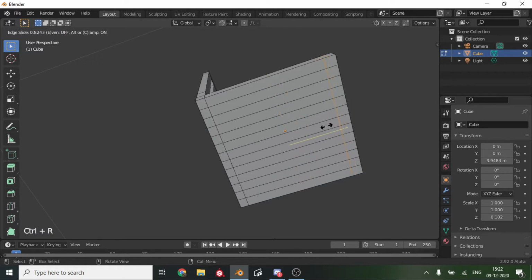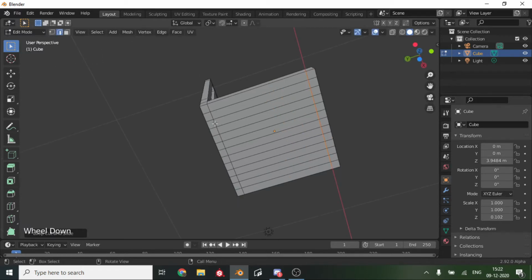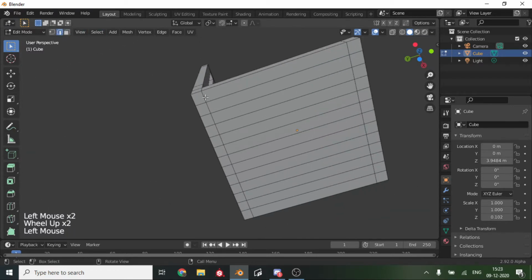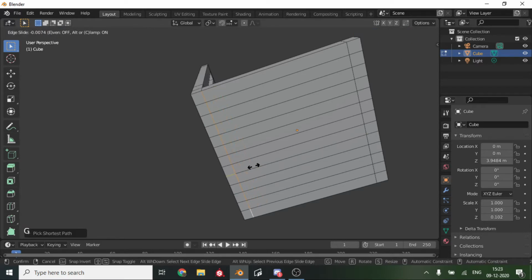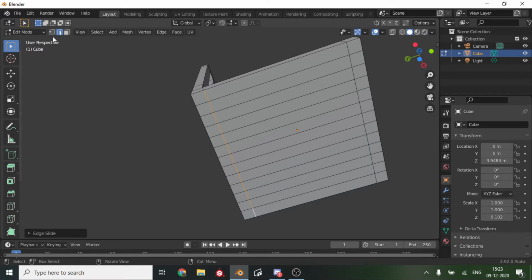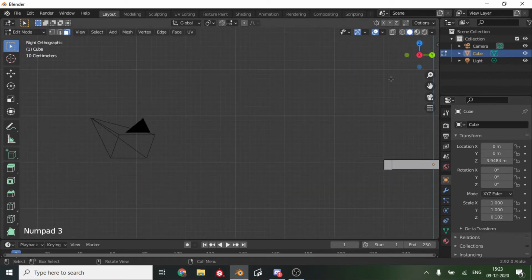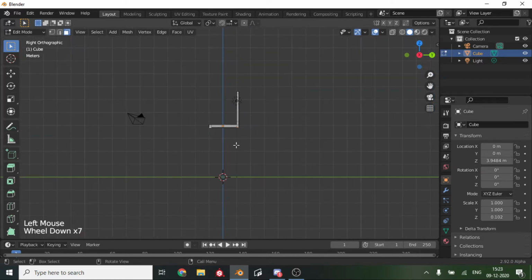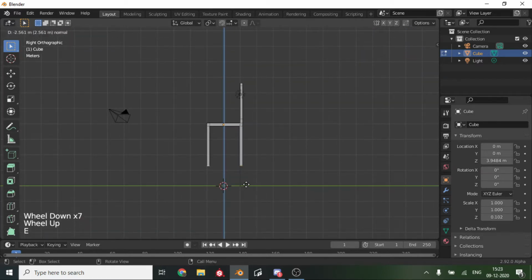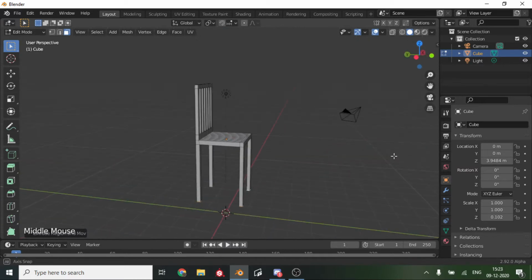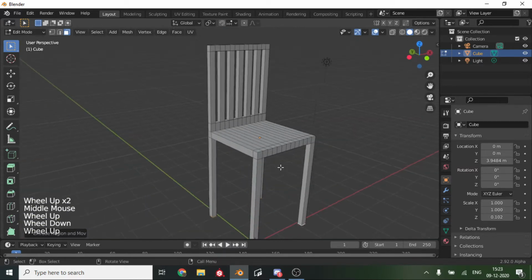We will bring it out to be roughly like a square, and then you can select these lines over here until here, and then move them a bit so that they roughly match, and then you can select all these and extrude them. First you can hit numpad 3, and then you can extrude them down to be as per what you want.